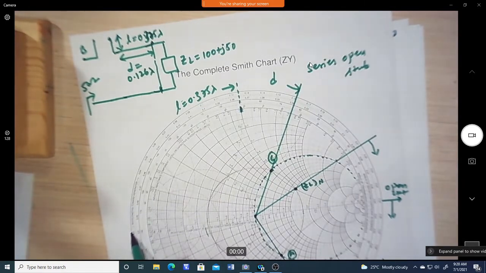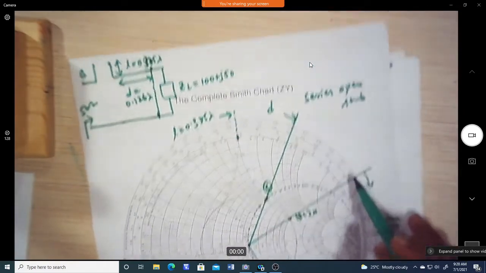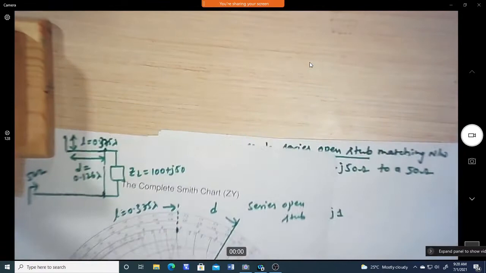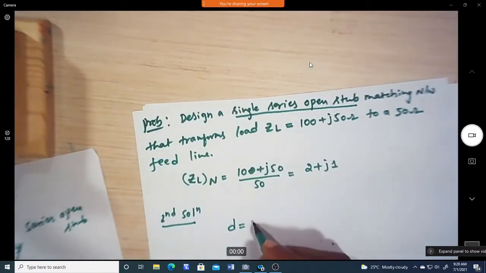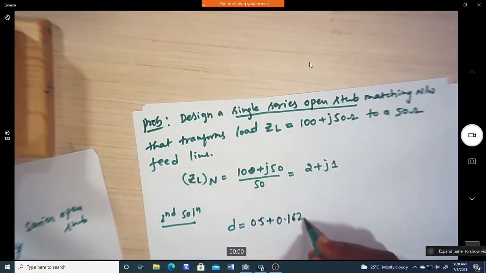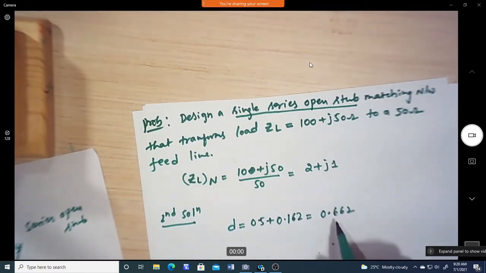One more thing we can do: here it is the value 0 or 0.5. So add this 0.16 to this 0.5, so you are going to get 0.66, and subtract this value. That is also one of the possibilities. So you can take 0.5 plus 0.162, which is equal to 0.662. So the final value is 0.662. Now we need to subtract 0.212.